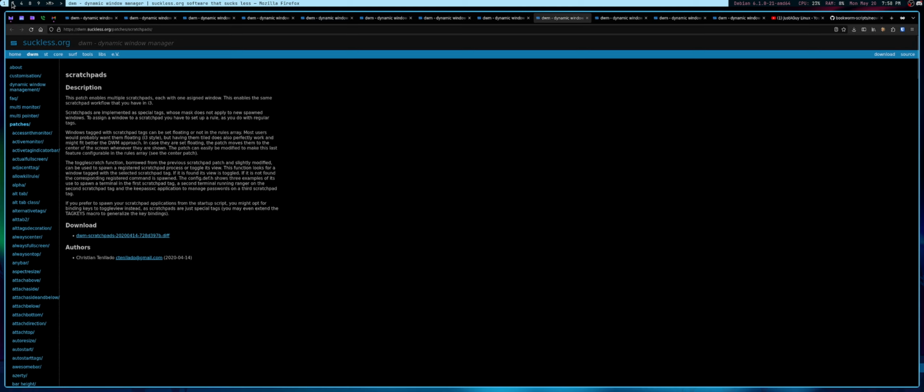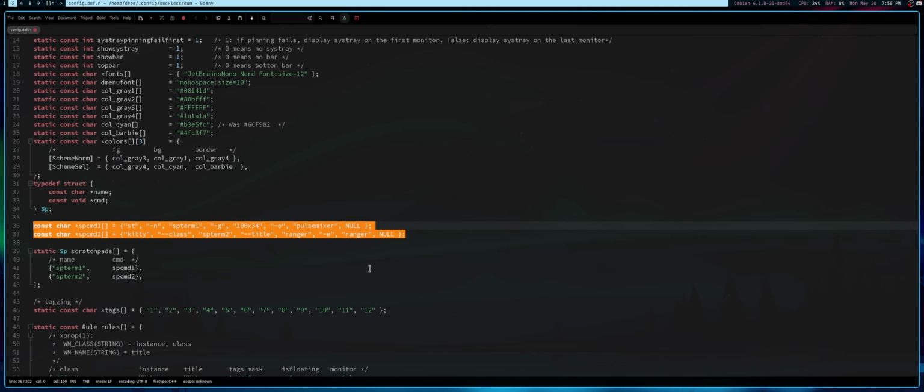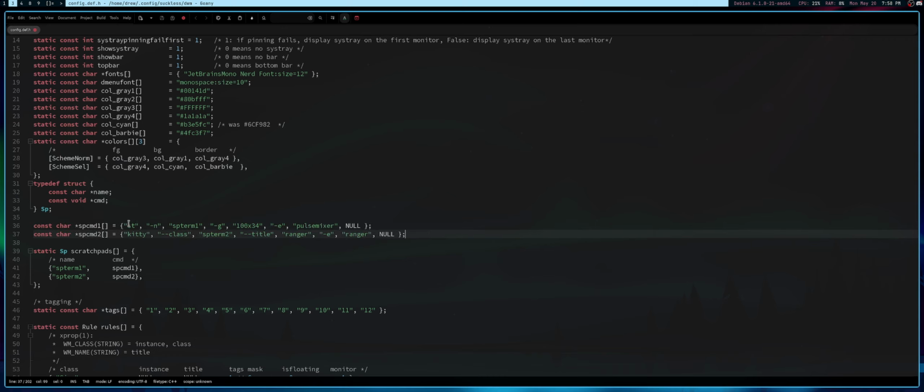However, as far as the configuration is concerned, these are the things that had to be added in order for it to work. This section here, if it did not do so when you installed the patch, is something that you may have to add. Now, these are the two lines that you need to take more careful note of, okay? So I have ST installed, and I have Kitty installed, and I have other terminals installed, but I wanted to demonstrate these two because